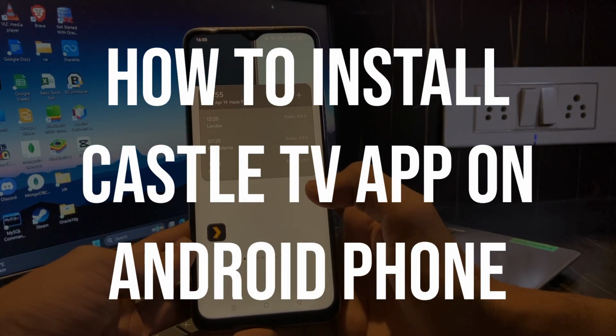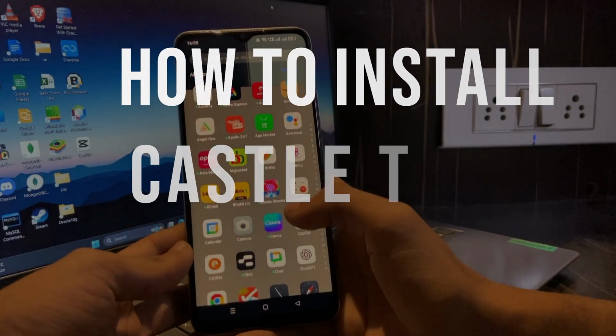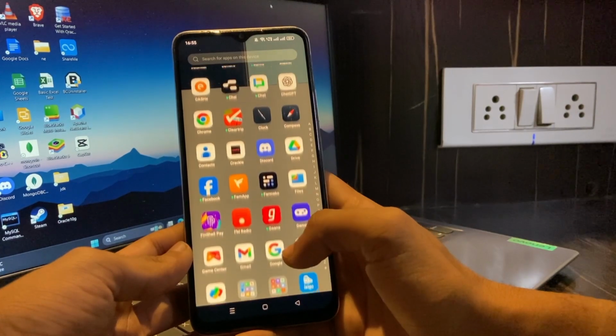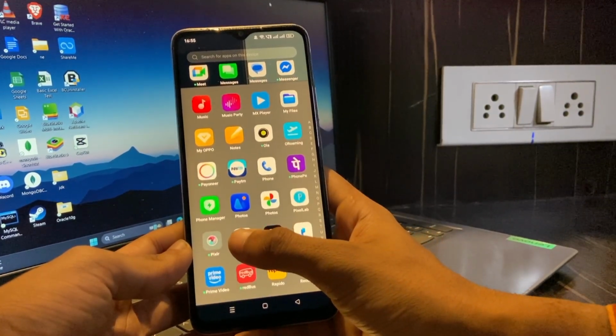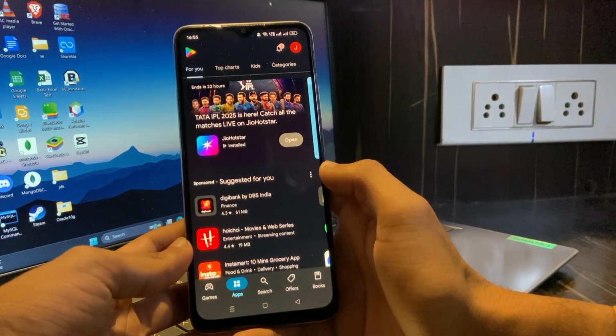How to download Castle App TV on your Android device. This is how you can simply do it. Follow the steps till the end of the video. Step 1 is simply click on the Play Store to check if that app is available on the Play Store